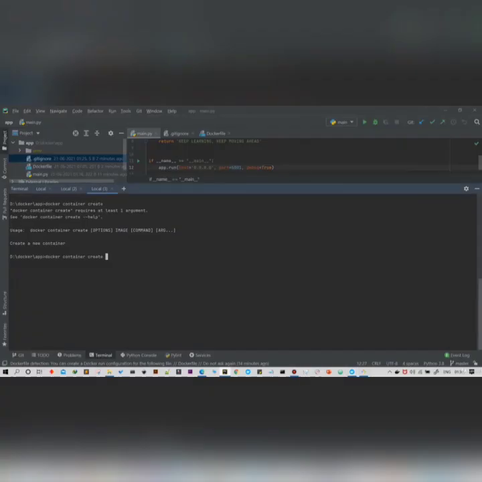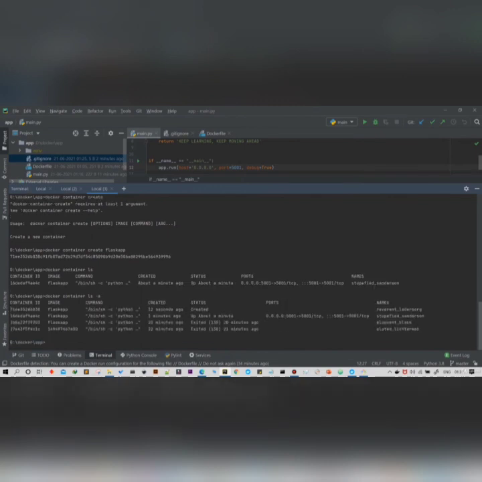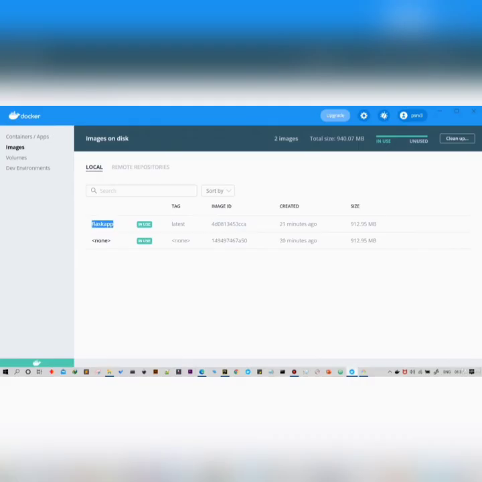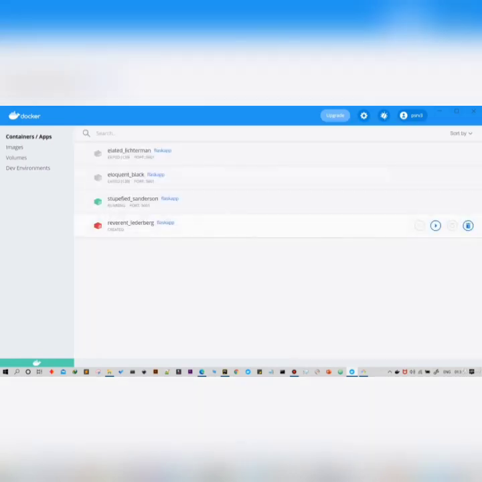So the image which I'm going to use is the Flask app here. It created the container, and now I'm going to start this container. You can find here that it is not showing because it is just not running right now, but it is there. So you can see here the status is created, not running. Okay, now in the containers tab you will get the container which we created.